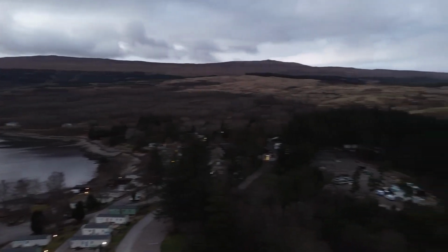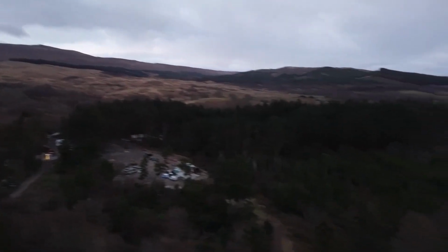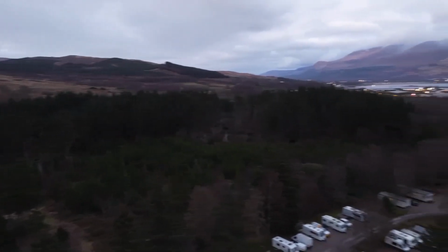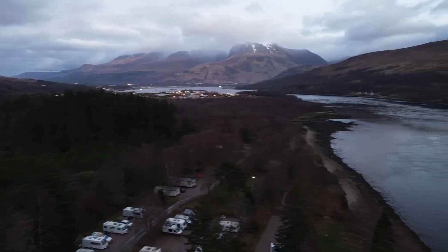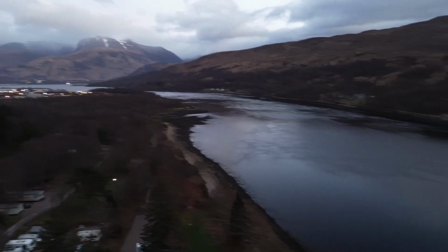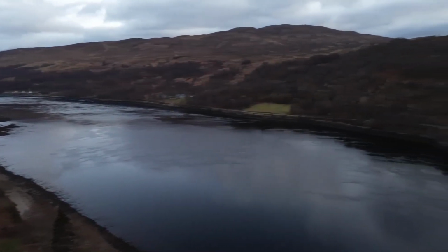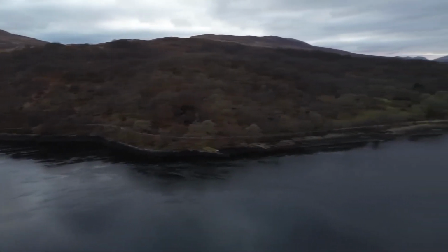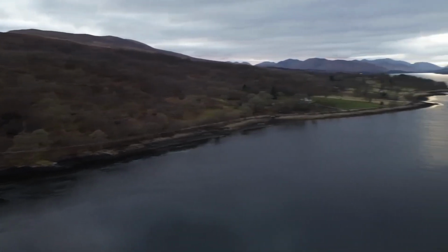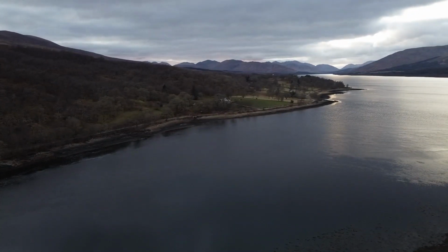And as we pan round now, we're panning over towards Fort William and Ben Nevis in the background there. And then I'll keep panning round, and as you can see, lovely lochside view we had. And eventually the clouds did clear overnight, and we got a good view of the Venus and Jupiter conjunction that happened at that time,